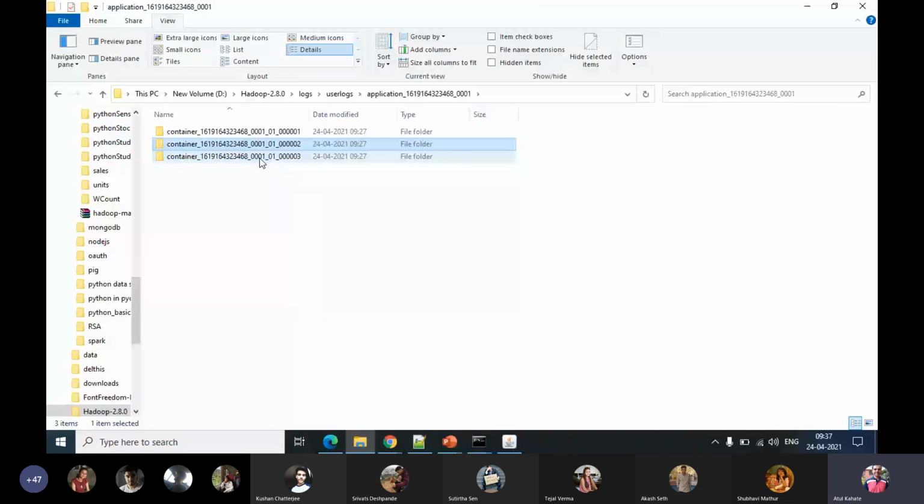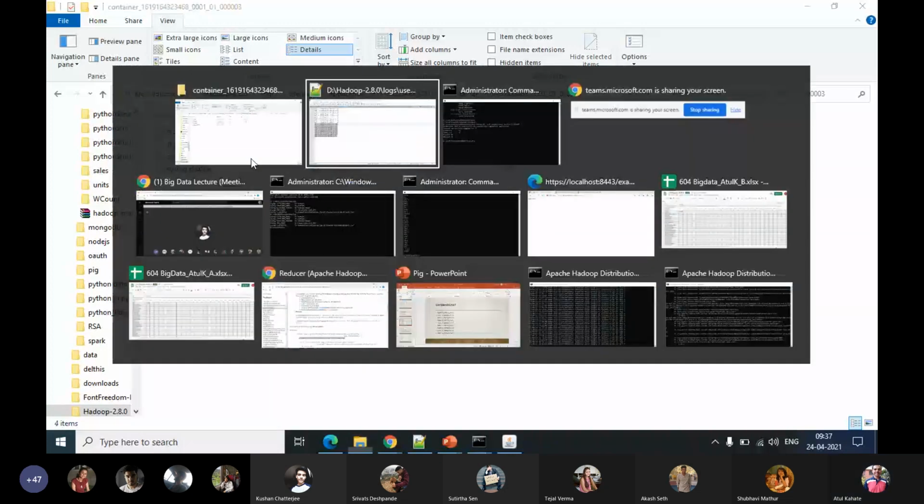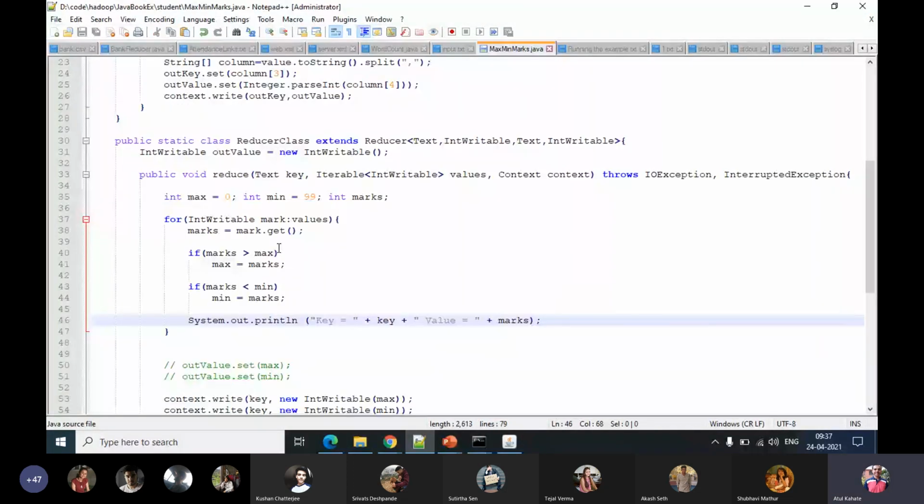And then in the third pass, we'll go back to the log. Now we see that there is a third directory. In this third pass of our code, it has also done this execution of the code. So all that is done, which means mapping is done, sorting is done, combining is done. And now it is doing the final job, which is reducing.